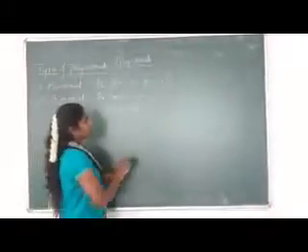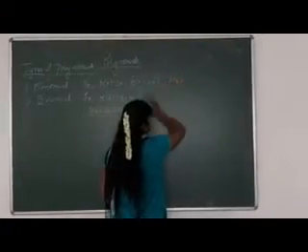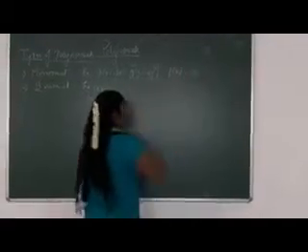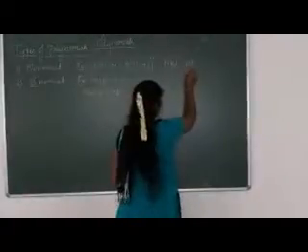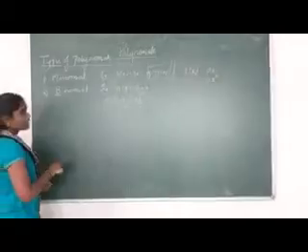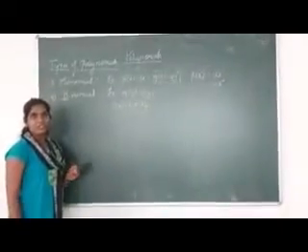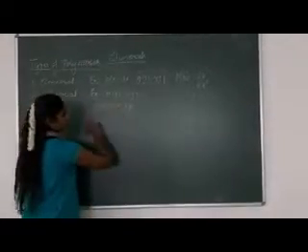So what about the monomial? I can say that the general form is given as p of x is equal to ax. Just only one term, right? So I can say it is ax to the power of 0 also. This is the monomial general form. In the beginning itself I told you a and b are nothing but constants. Constants are denoted with small letters from the beginning of the alphabet. x is a variable here.